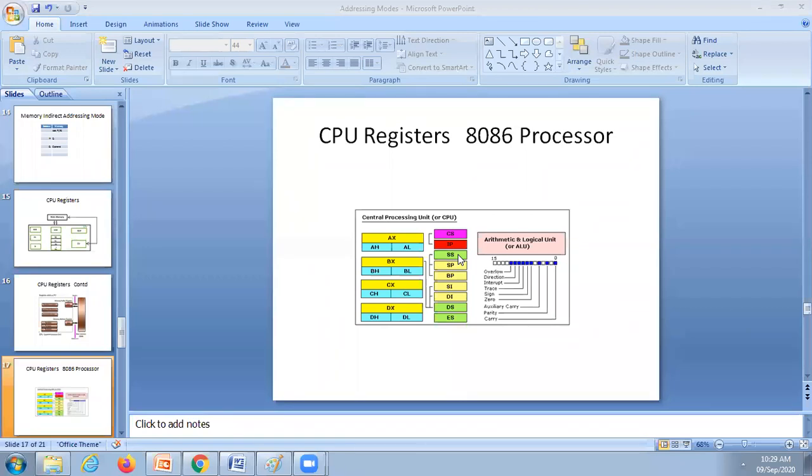It is like your MAR register. Do all of you understand the purpose of the MAR register, the memory address register? Yes, sir. So this is similar to that, but this is limited only to the stack, not the entire memory. The stack pointer is limited only to the stack portion.